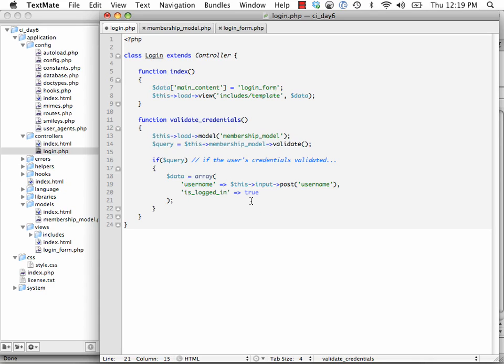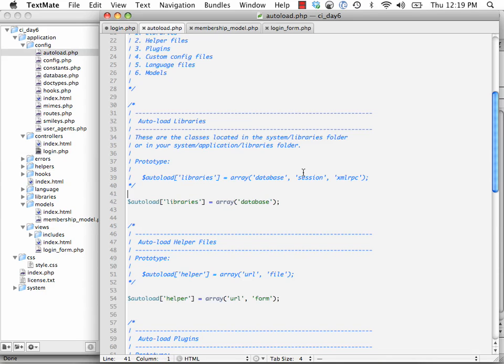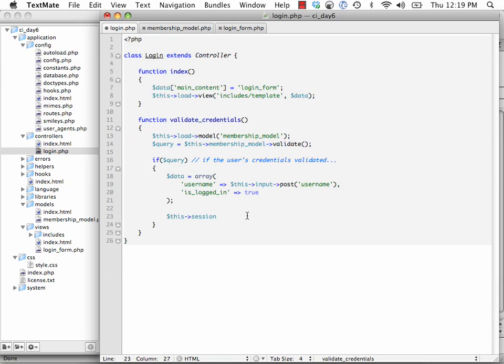So now we will do this session. And in order to work with the session class, we need to either load it or auto-load it. And I'm going to do that here. After database, session. And now we have access to that session library. So this session